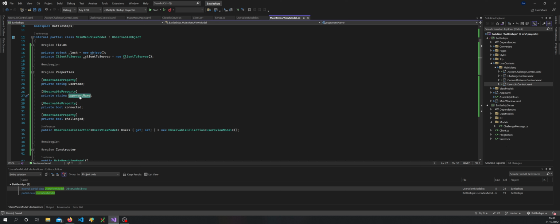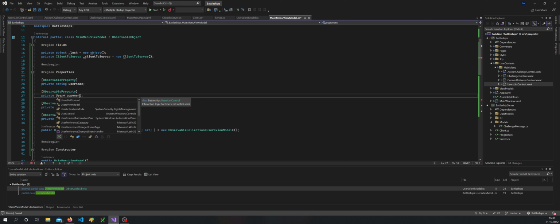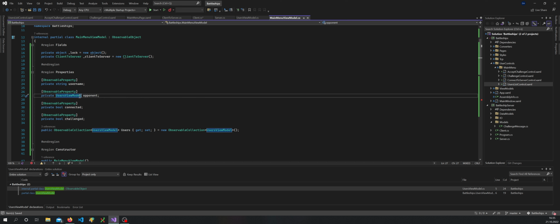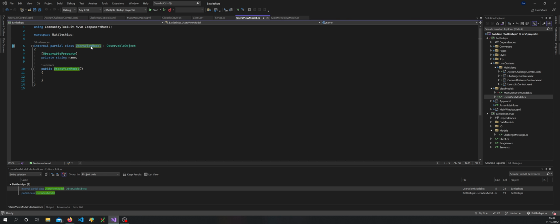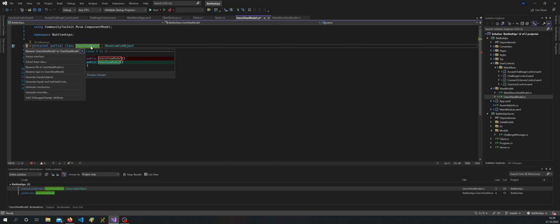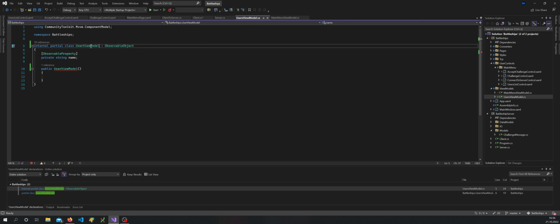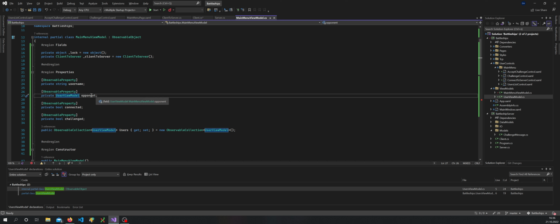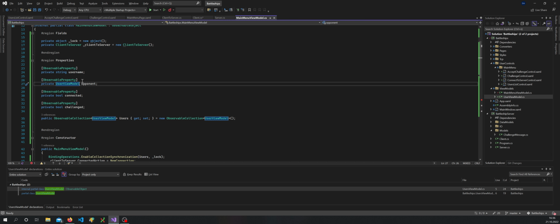No, we're not gonna say opponent name. Say opponent, and then we'll say user view model. Why is it called user's view model? No, it shouldn't. Let's rename this to user view model. Control dot rename users to user view model. Yes. And then control dot again, and we'll rename the file to the same class name. All right. Okay. Opponent,